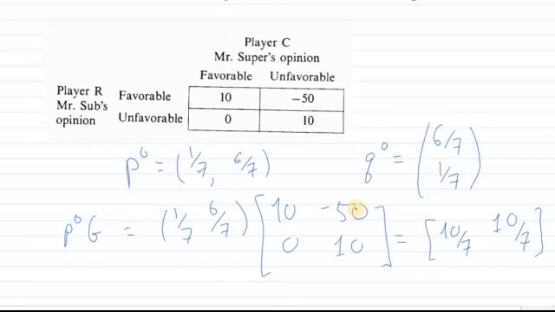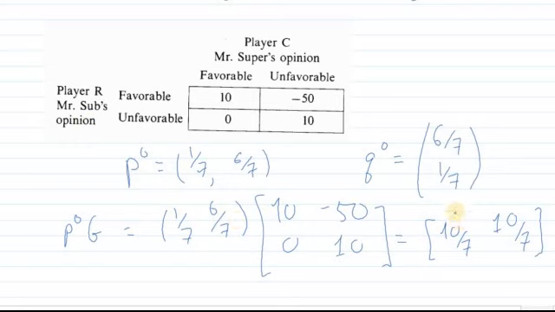Now how about the other entry here, 10/7? Well, if Mr. Sub chooses favorable with probability 1/7 and unfavorable with probability 6/7, what's he going to win in the long run? Well, 1/7 of the time he's going to win minus 50, which is bad. And 6/7 of the time he's going to win 10. So 1/7 times minus 50 plus 6/7 times 10 gives me, again, 10/7. So this 10/7 is the long run average winning of Mr. Sub if he uses this mixed strategy and